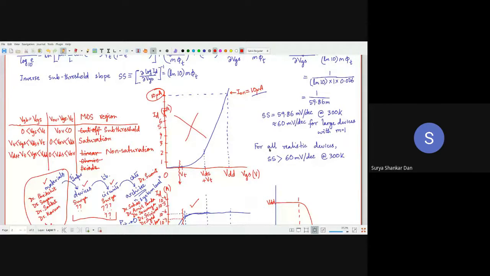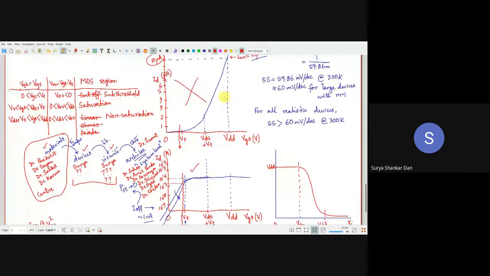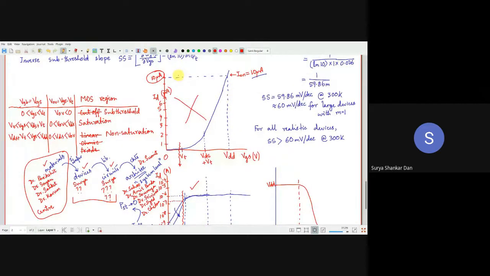Typical example, memory devices. Okay, in a pen drive there is no need to run at 3 gigahertz. Today itself, after this class is over, whenever you get the time, find out the frequency of operation of your pen drive. Okay, it will be working at much lower, in the megahertz order. That means we can afford to reduce the ion. We do not need this 10 microamperes, 0.1 microamperes will do.